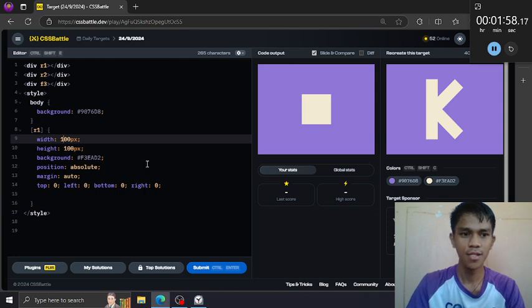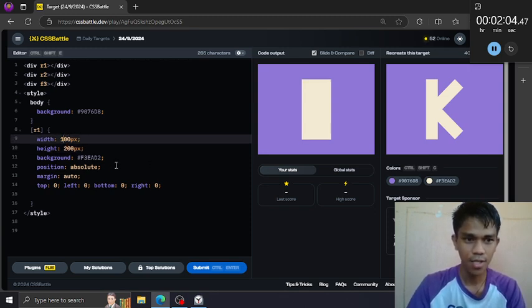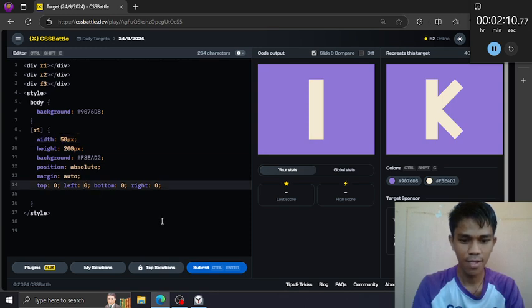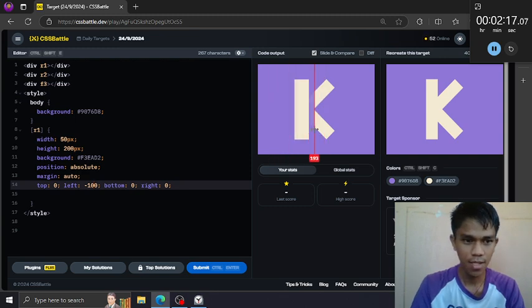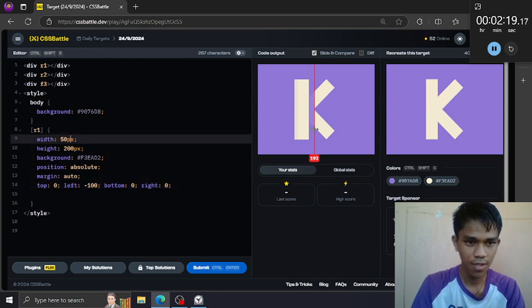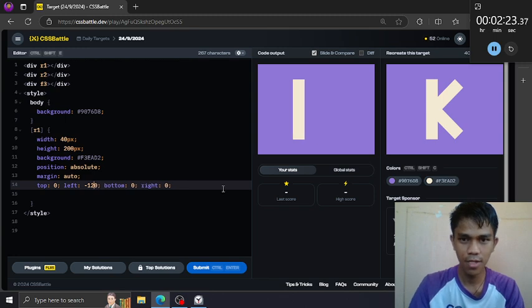Let's increase the size of the height, and the width, decrease it by half. Now move this to the left. Negative value here, 100. Decrease the size of the width to 40 and move this to the right, 980.